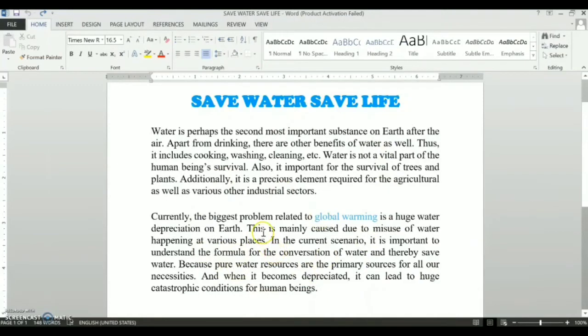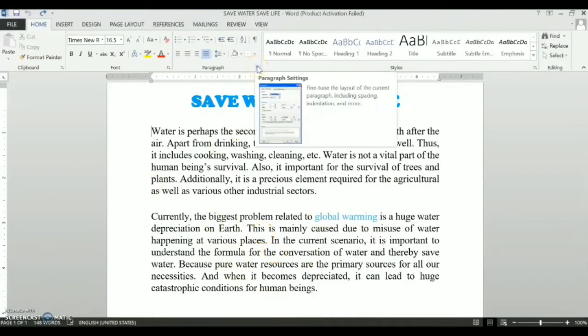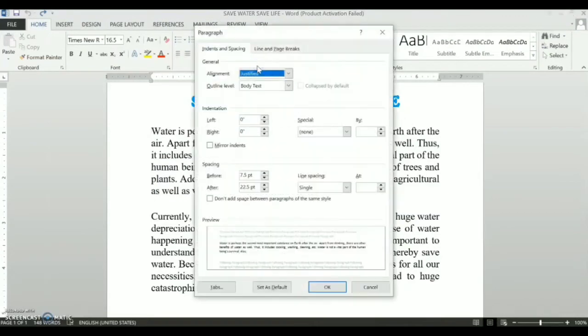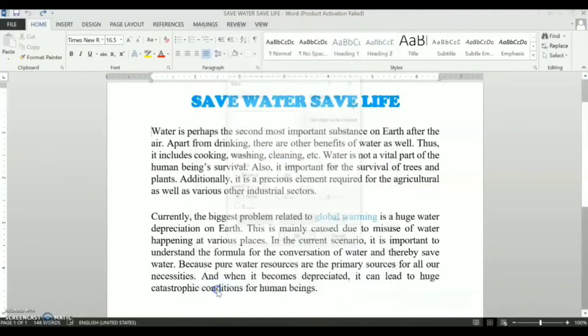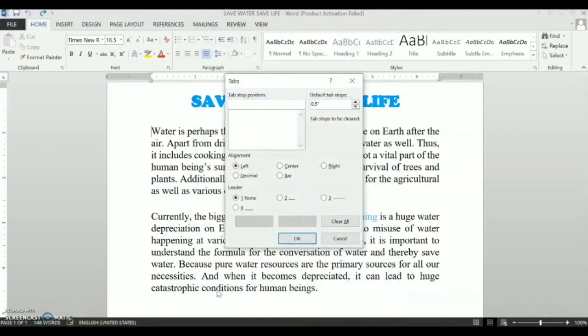To set the tab stops, kindly follow the steps. First of all, click on the dialog box launcher button in the paragraph group of the Page Layout tab. The paragraph dialog box will appear as shown in figure. Now click on the Tabs button present on the lower left of the dialog box. The Tabs dialog box appears on the screen.